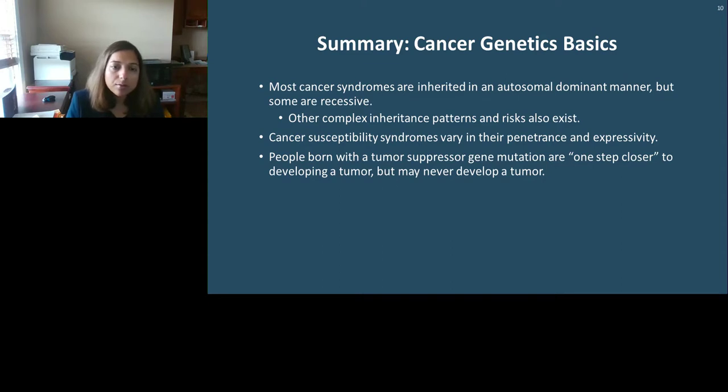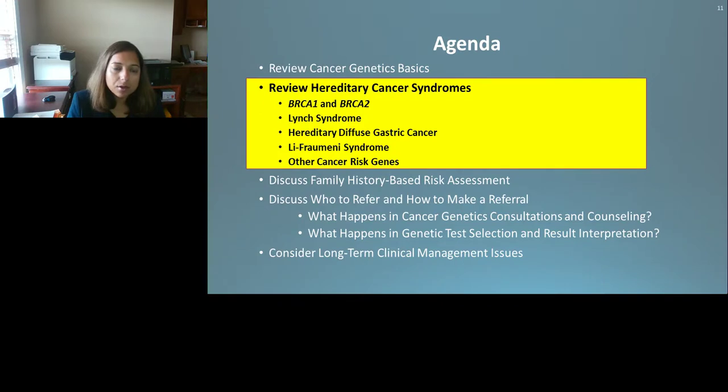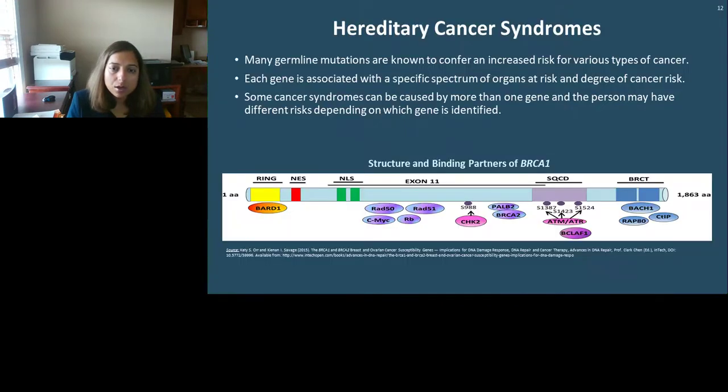So in summary, most cancer syndromes are dominant. They have variable expressivity and penetrance based on the type of mutation we're talking about. And they have this two-hit hypothesis where they're a step closer to developing a cancer. Reviewing a few of the common syndromes,